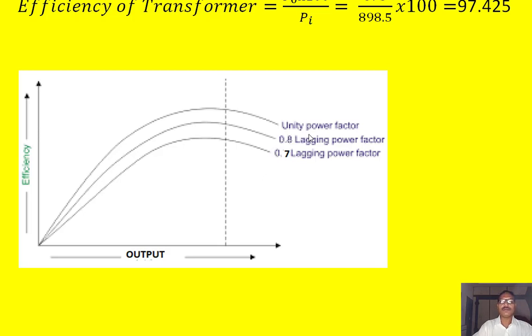Similarly, we have to calculate the output power at these load conditions. Iron loss remains the same throughout, irrespective of the load. So we use those formulas that I discussed: first calculate the total loss, then the output, then add both output and loss to get the input. Then we calculate the efficiency, that is output by input.